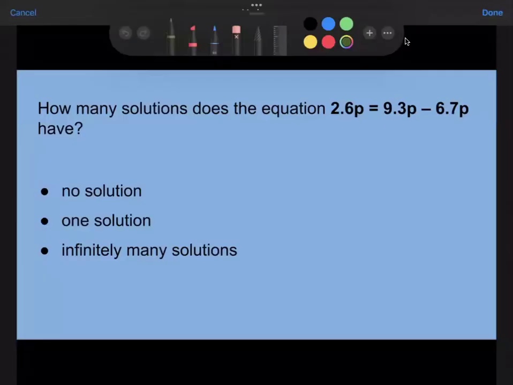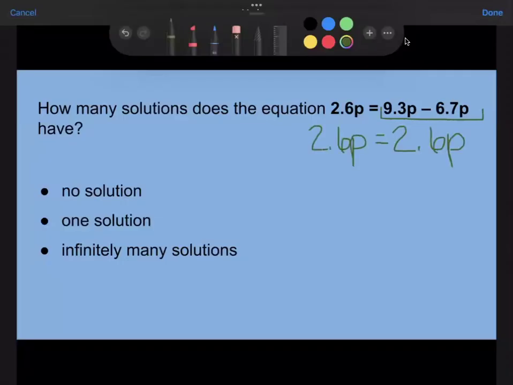Okay, here's our next one. We have this equation 2.6p equals 9.3p minus 6.7p. So lots of p's going on here. I'm going to start first by combining these two p's that are together on the same side. I'm going to put 9.3 minus 6.7, and I end up with 2.6. So this is 2.6p,